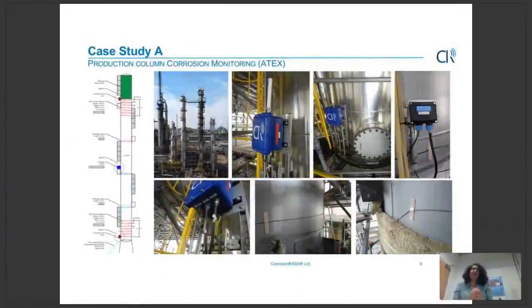Okay, so I hope that gave you an idea about how this CorrosionRADAR system could be used to monitor and pinpoint and narrow down the areas of concern in your plants. Now I'm going to give a couple of case studies where we have done deployments on different types of assets. Case study A is on a tower. This is an old tower, and the client has seen already some CUI on this tower before,